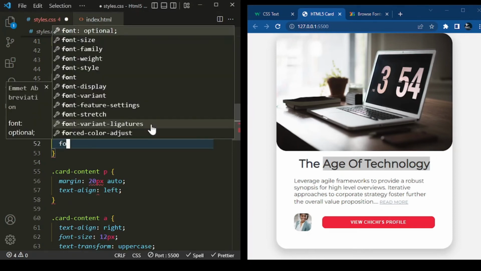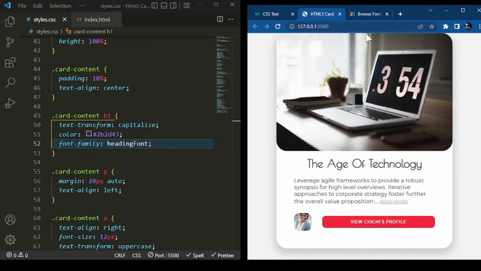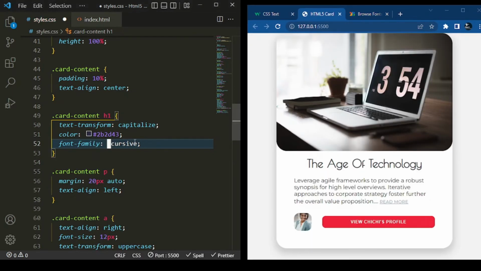So I could just say a font family of heading font, and then I could just set the fallback for now. Let me check the fallback here. So you can say the fallback now, comma, cursive. And if I save it and go back to our example here, and save this one,